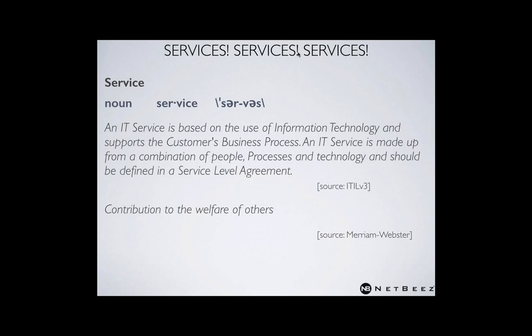So what is a service? An IT service is based on the use of information technology to support the customer business process. And IT services, at the end, a combination of people, processes, and technology, are defined in a service level agreement. So as you can read from the ITIL definition, it's really a mixed